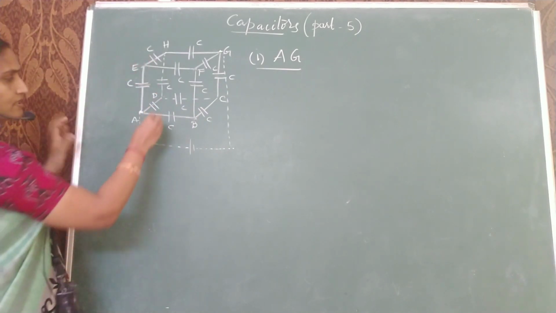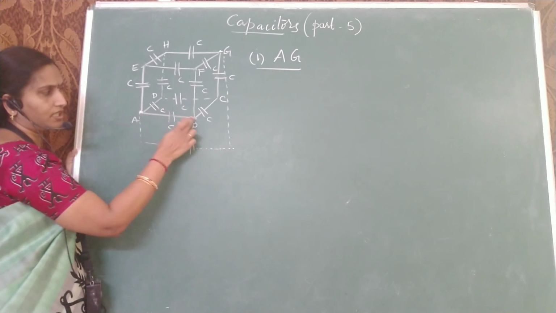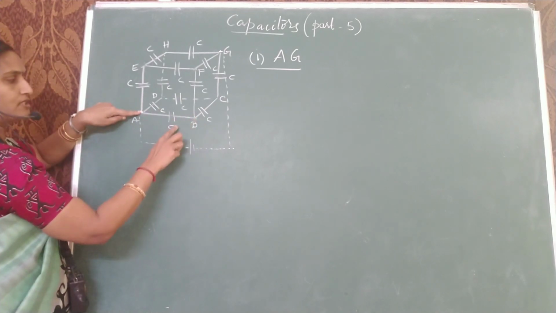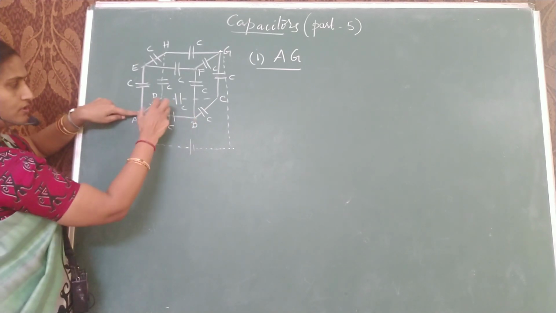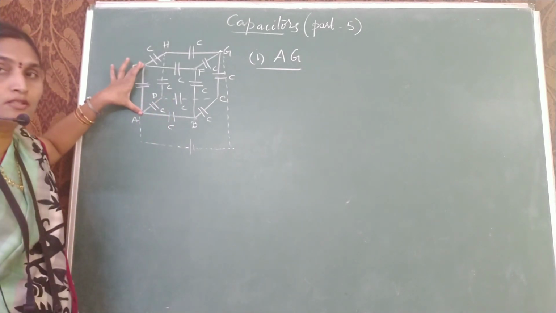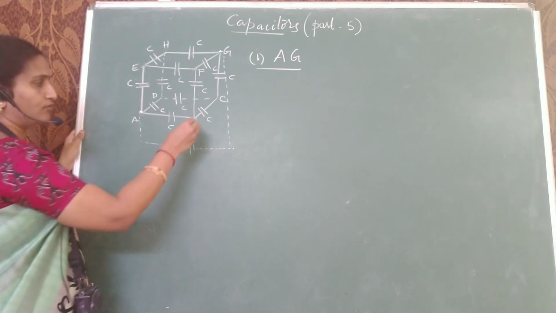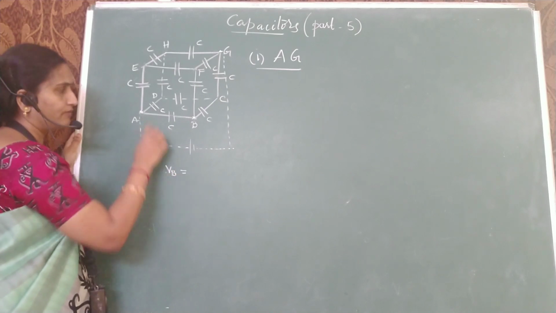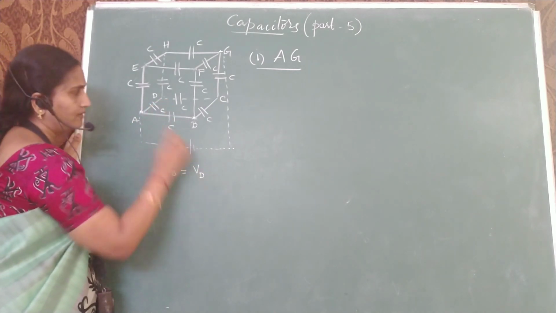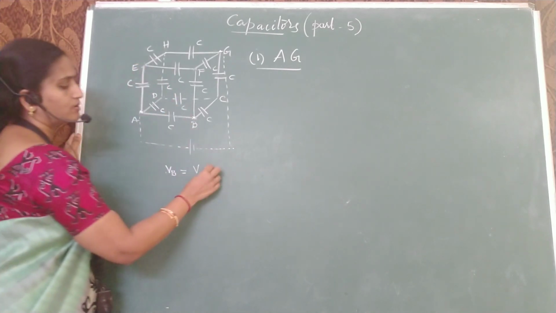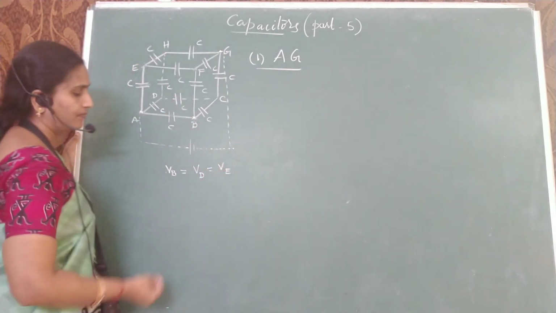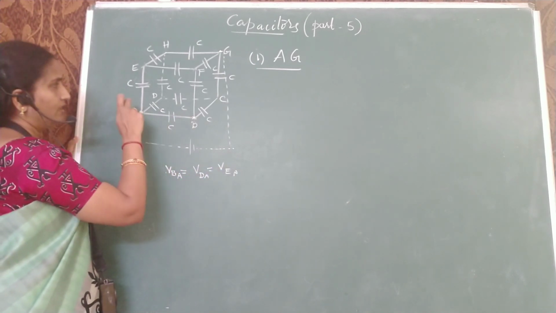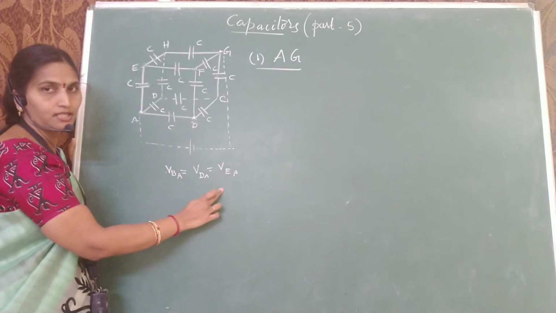Since all the three capacitors are same and A is equidistant to B, D and E. That means A to B we are crossing one capacitor only, which is having capacitance C. A to D also we have only one capacitance, and A to E also we have only one capacitance. So therefore, potential at B, because it is equidistant, will be equal to potential at D, because it is equidistant, equals to potential at E. Okay, with respect to A I am taking all of them. Potential difference between A to B, A to E, A to D will be same.